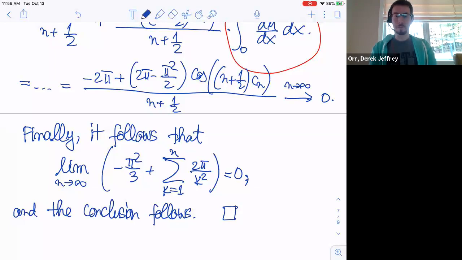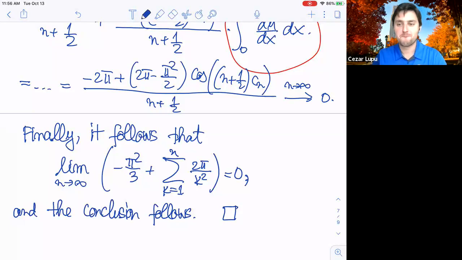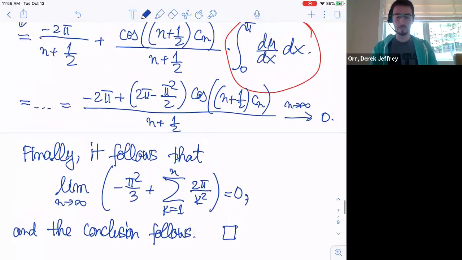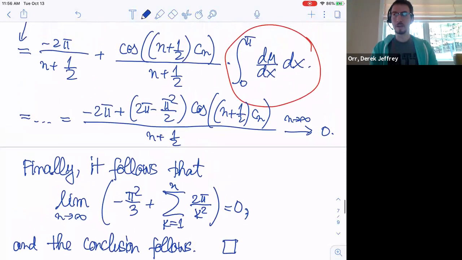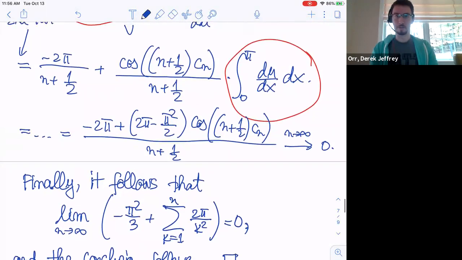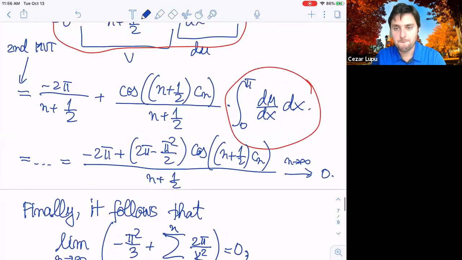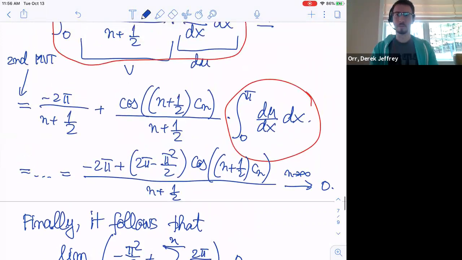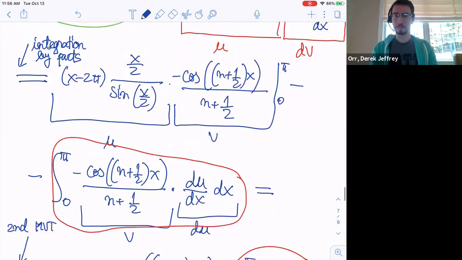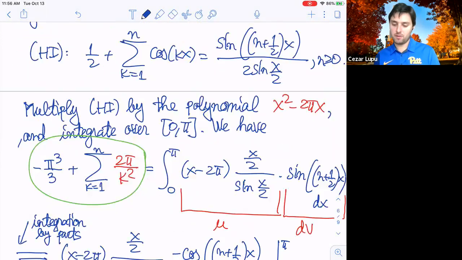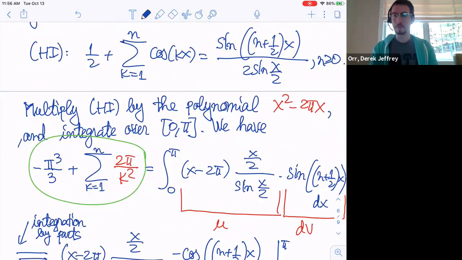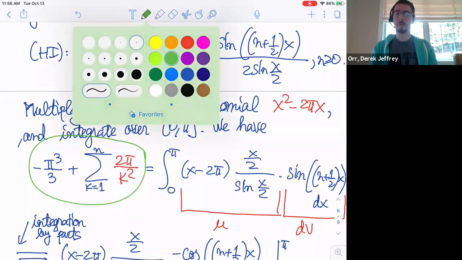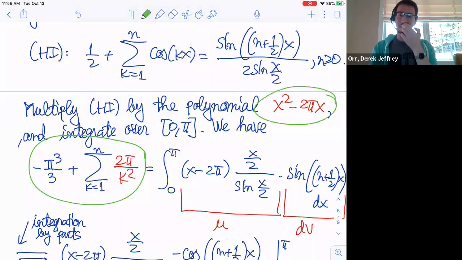Well, I do have a question actually. Essentially both proofs, one was doing x times the Dirichlet kernel. Yes. And then this one here was just doing a different function times the Dirichlet kernel, like 2 pi x minus x squared or something. Yes, in fact, x squared minus 2 pi x. So both of them had the same concept of multiplying a function by this Dirichlet kernel. Yes, exactly.